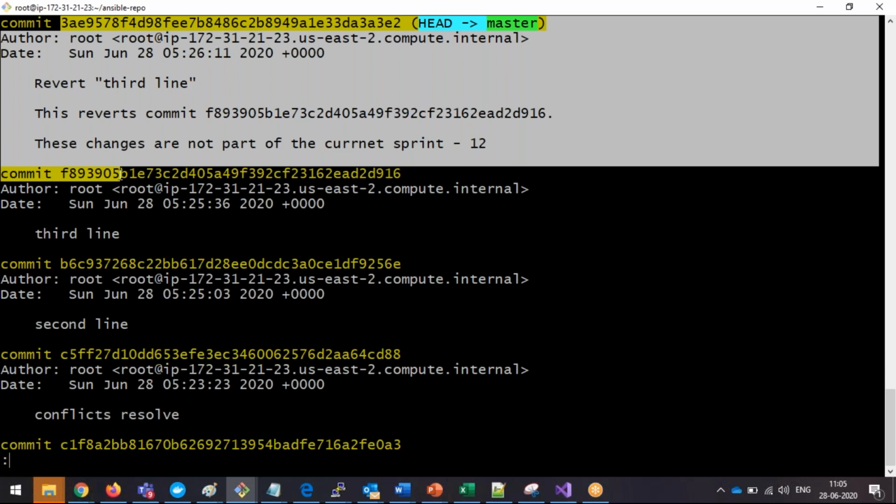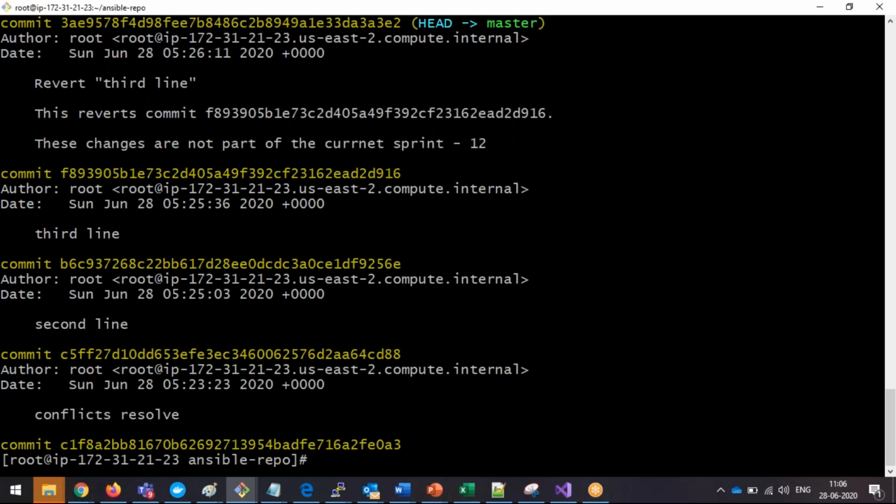So now on the release branch, I have two changes. One is the Docker file change, and the second one is the Jenkins file. Now I want to take the Docker file change into my master, right? Merge is not going to work because it is going to merge all the commits. So there, cherry pick is the option. So now whatever change you want to take out, from the source,